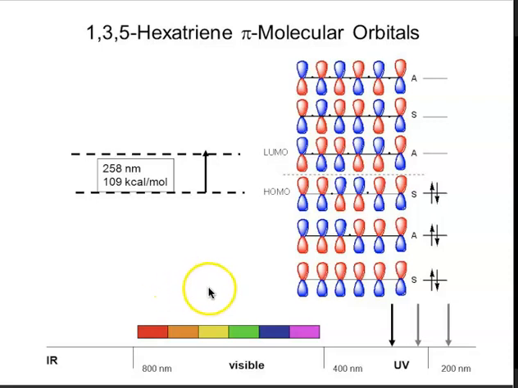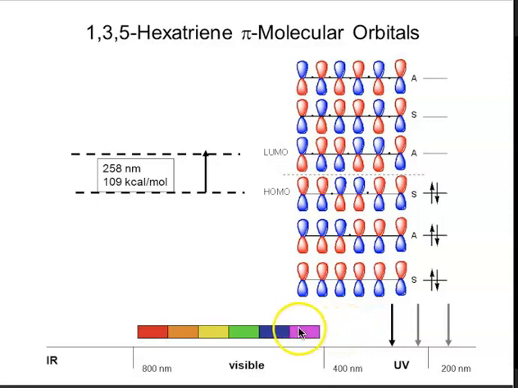And one of the reasons that we talk about this with conjugated dienes like hexatriene is that the more double bonds you put alternating with single bonds, the narrower and narrower this gap gets, until if you shine light on this thing, it stops absorbing just in the UV, right? So things that have really small wavelengths tend to have very high frequencies or very high energies. So eventually, when you get photons of a certain